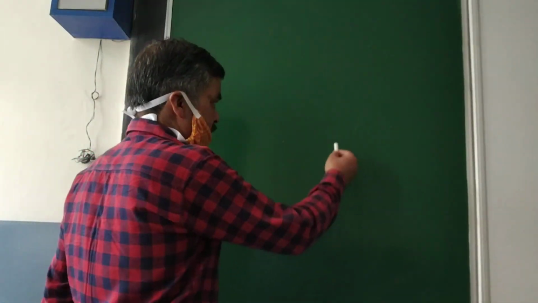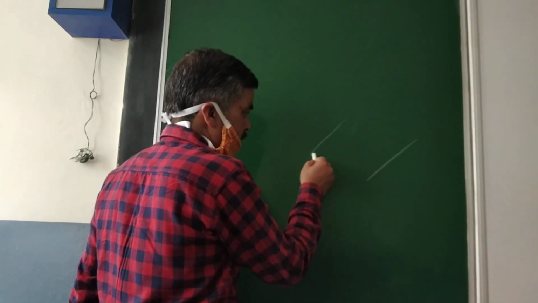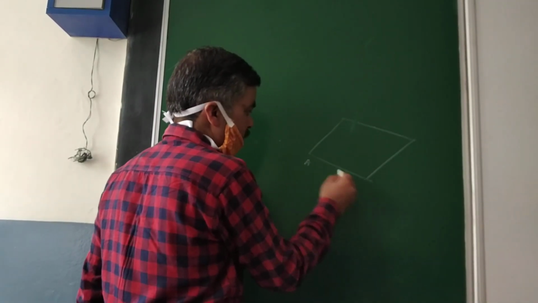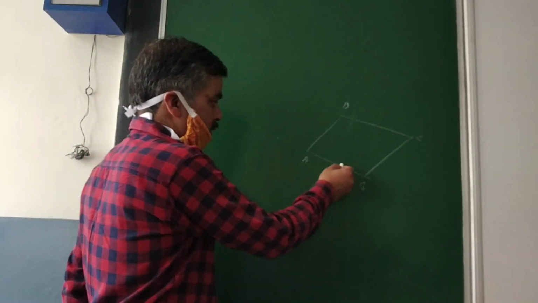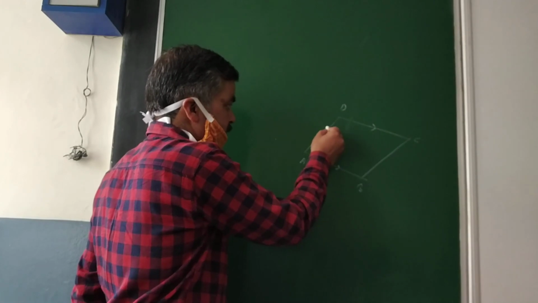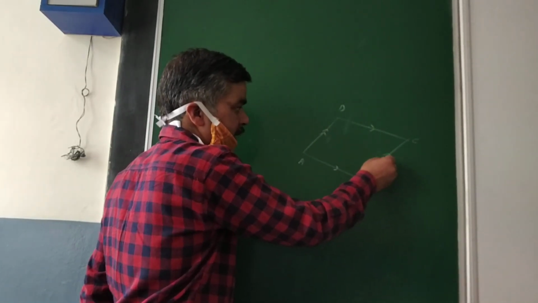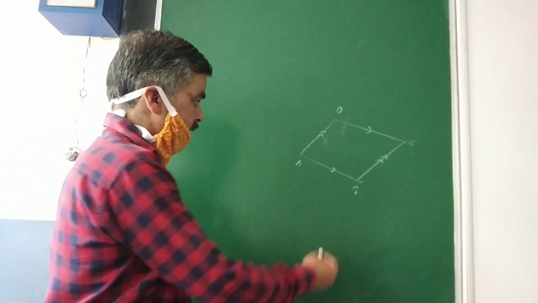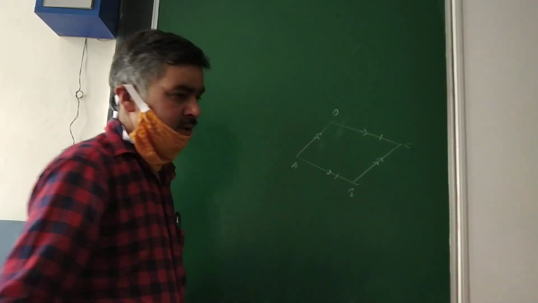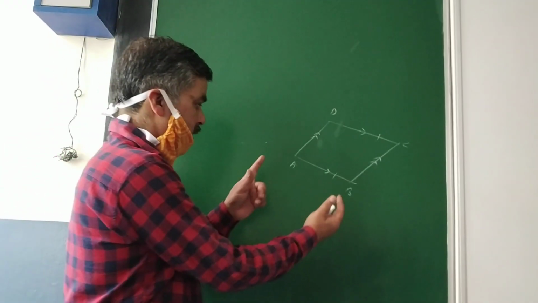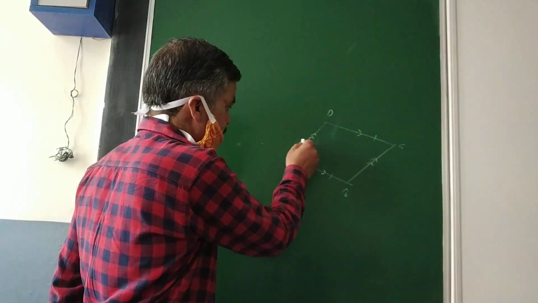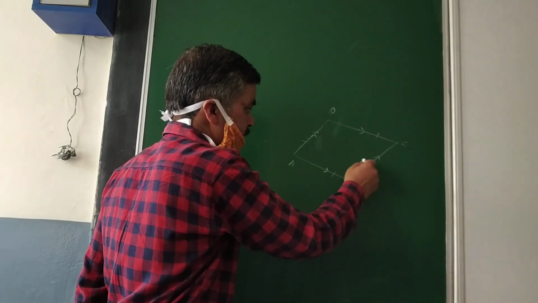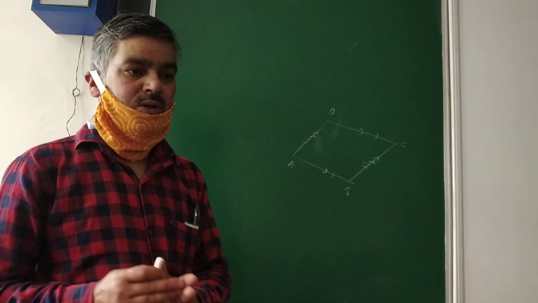So today in the introduction part, simply we have to focus on parallelogram ABCD. All of you know parallelogram ABCD. One pair of opposite sides is always parallel, number one, as well as equal. So AB is parallel to CD and AB is equal to CD. Similarly, AD is parallel to BC as well as AD is equal to BC also.